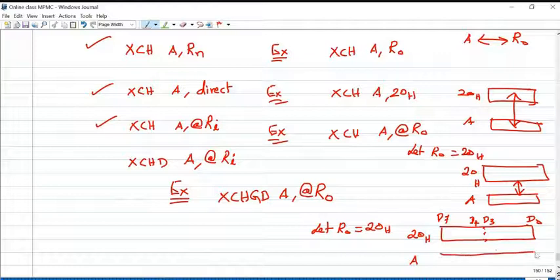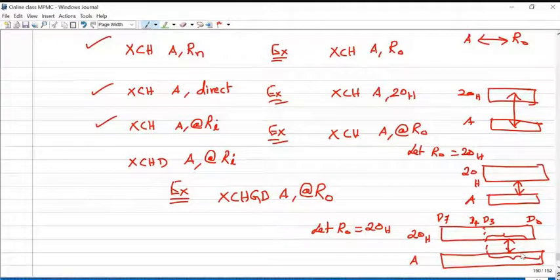Accumulator is an 8-bit register. This is D0 to D3, D4 to D7. Now the exchange is between the lower order 4 bits only. So that is the meaning of this instruction XCHD accumulator at the rate.